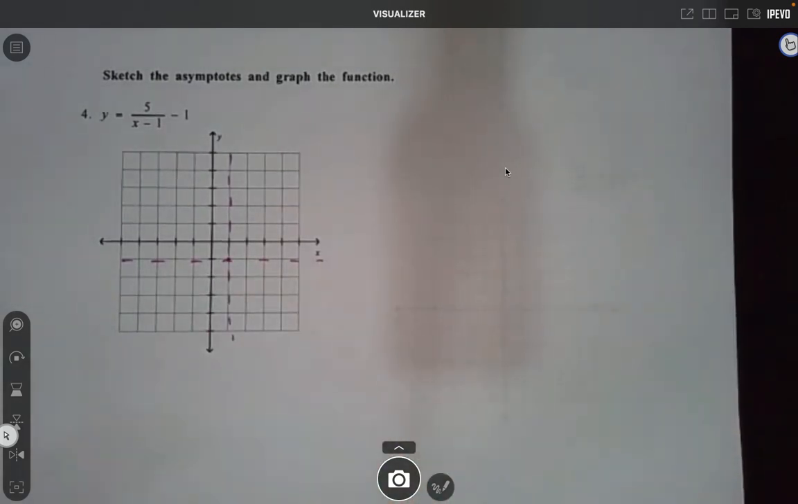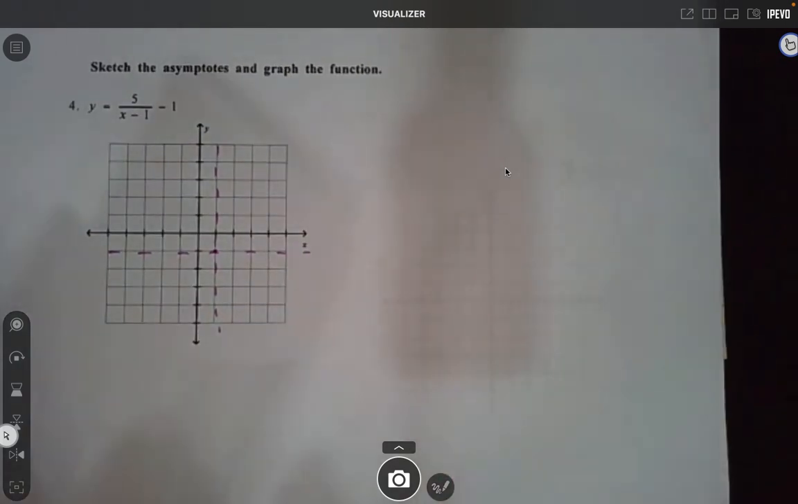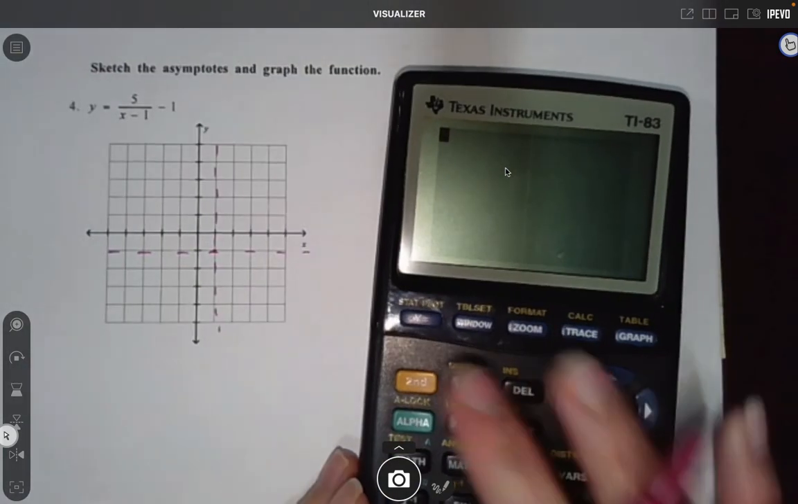So now the rest of it we can do with our calculator. Your calculator's not going to show you where to draw the asymptotes, okay? So now are we good so far? Am I going too fast? No. Okay. So go to y equals,